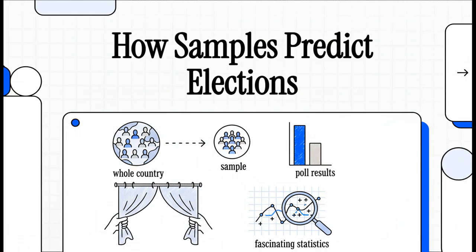You see it all the time, right? These polls that tell us what an entire country is thinking. But have you ever stopped to wonder, how on earth can asking just 1,000 people reveal the minds of millions? It feels like magic. Well, in this explainer, we're going to pull back the curtain on the incredible statistics that